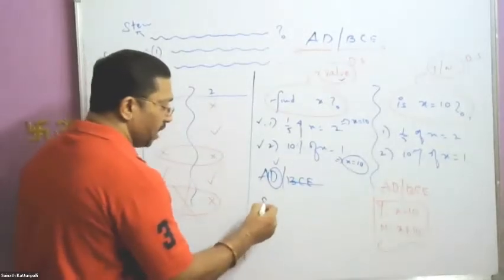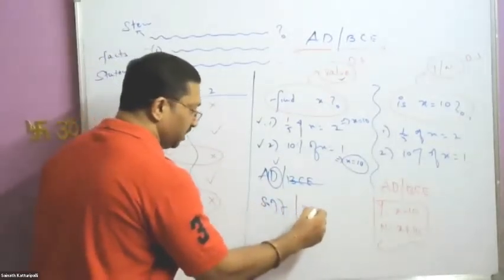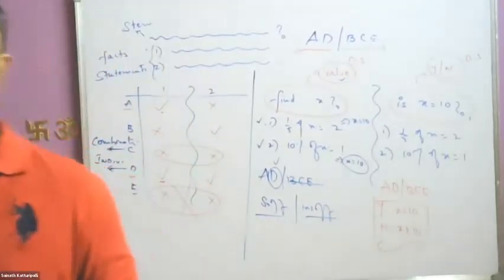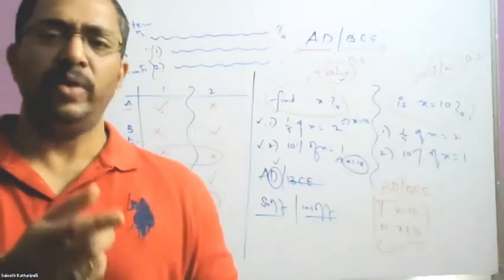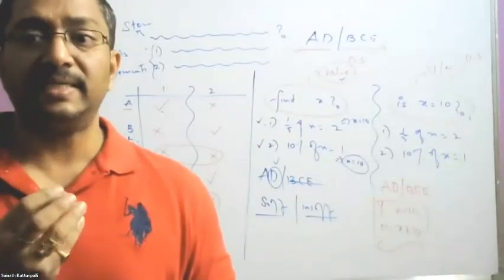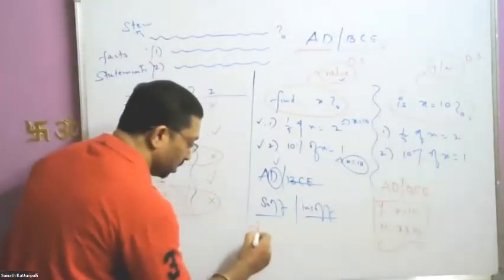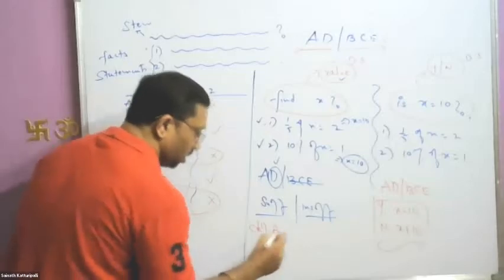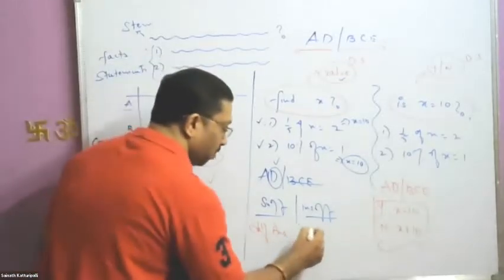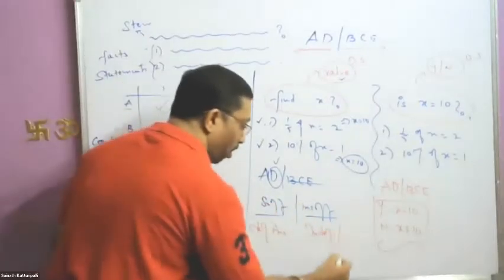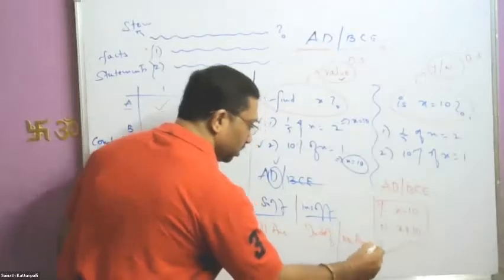But quickly, can you tell me, normally when do you consider a statement sufficient and insufficient? When the data given in that statement is enough to arrive at a unique answer. A definite answer. Absolutely right, unique or definite. So what is important is a definite answer. When you have a definite answer, then you consider it sufficient. As long as it is an indefinite answer, it is insufficient. If there is no answer, it is still insufficient.